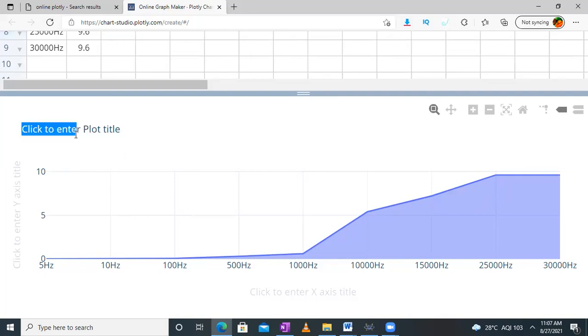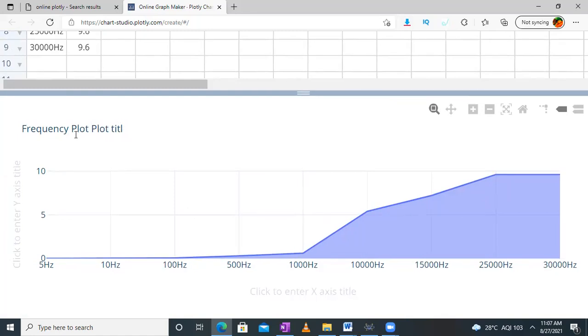So let me add the plot name over here. This is frequency plot for op-amp differentiator, and x-axis will be frequency in hertz.